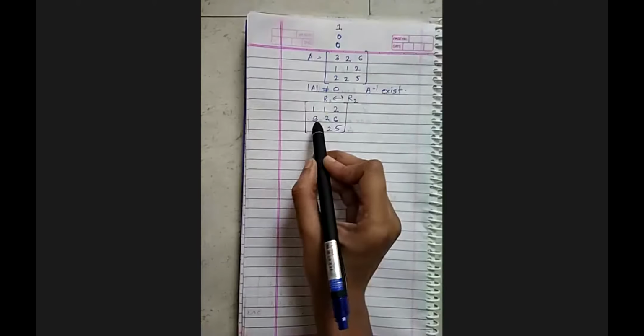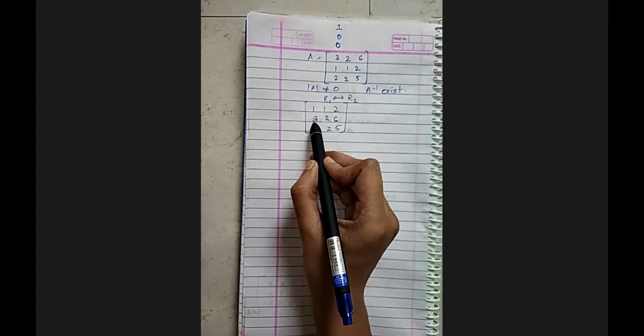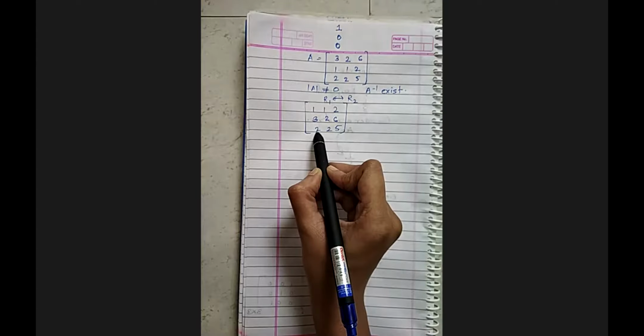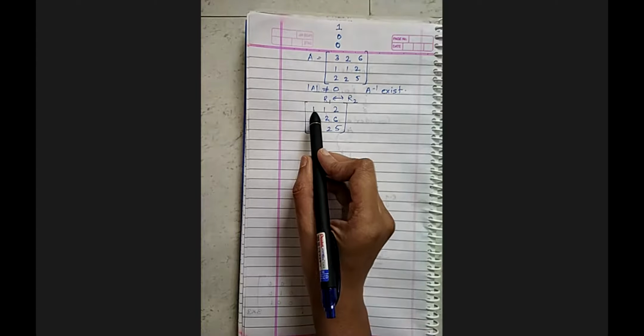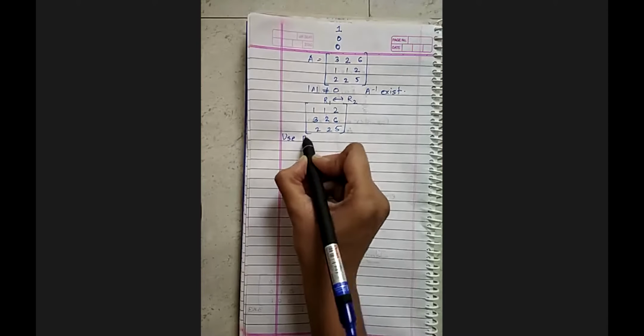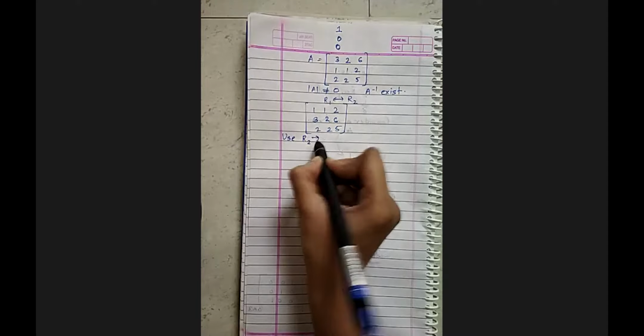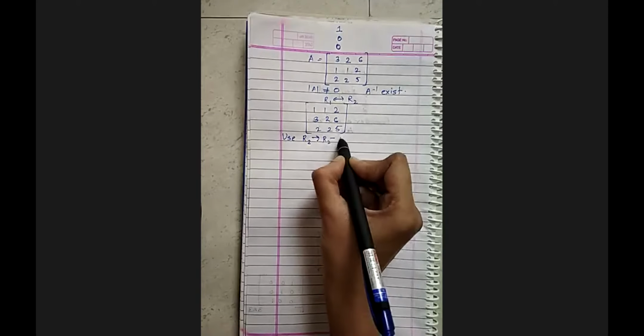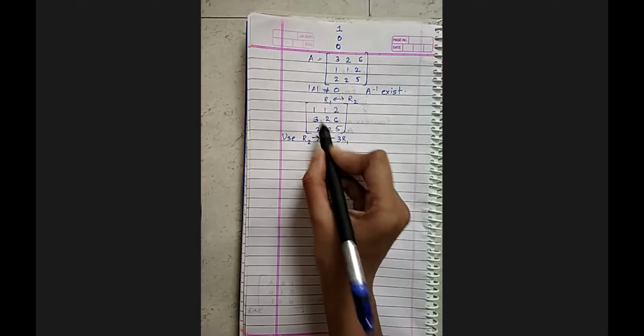So for that, you have to get 3 minus 3 over here, and here you have to get 2 minus 2, and you have 1 over here for the helping sake, right? So you can use two transformations together, which says R2 changes to R2 minus 3R1, because 3 ones are 3. So it becomes 3 minus 3, 0, right?